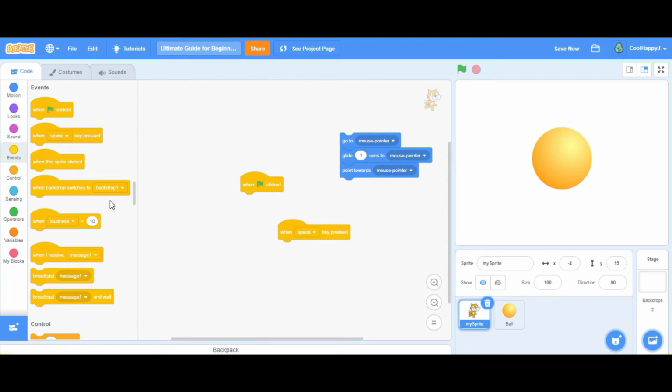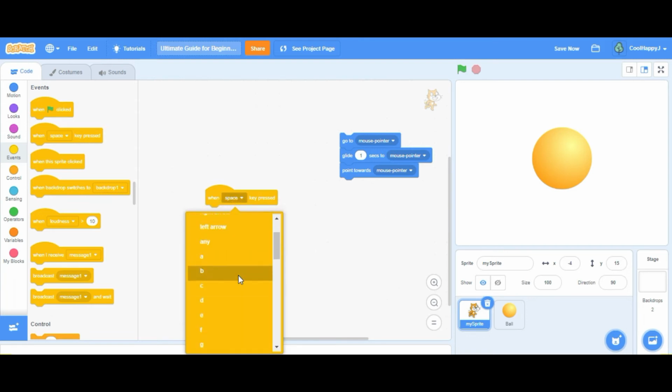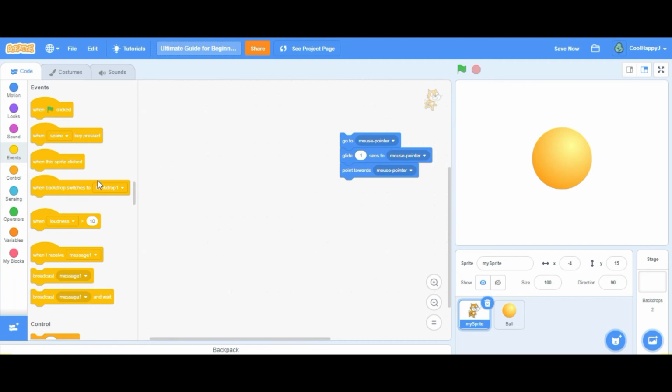And when space key pressed, you don't really need to press the green flag for this one. It'll just detect whenever you're pressing space or any key. You can also use any key. It'll detect. When the sprite clicked, like so,